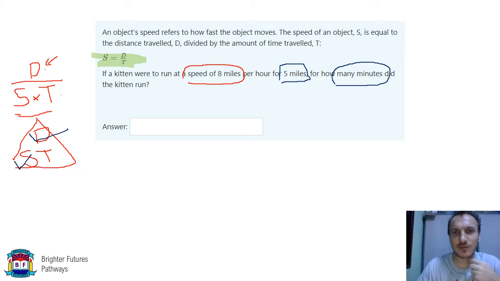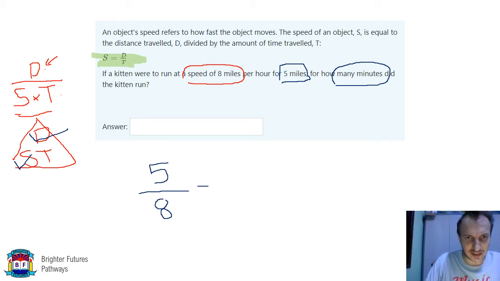So 8 miles per hour for 5 miles. So we have 5 distance divided by the speed of 8. So 5 divided by 8 gives an answer. You can use the calculator, remember, gives an answer of